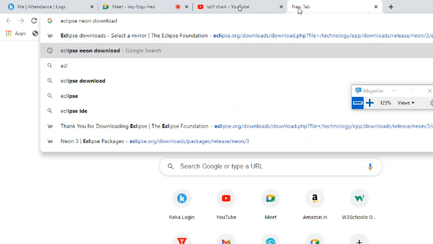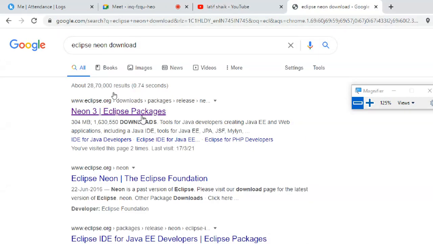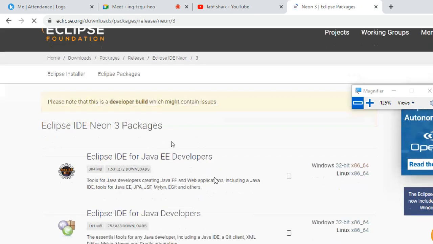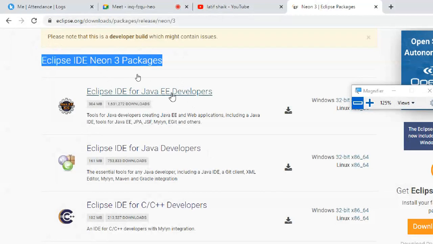I downloaded Eclipse Neon. Okay, don't ask me what is Neon, what is Eclipse, and all that kind of stuff. Eclipse is also an IDE. It also has different packages supporting different types of programming and other things. So Eclipse Neon package 3. EE means enterprise developer, okay, SE means software developer.